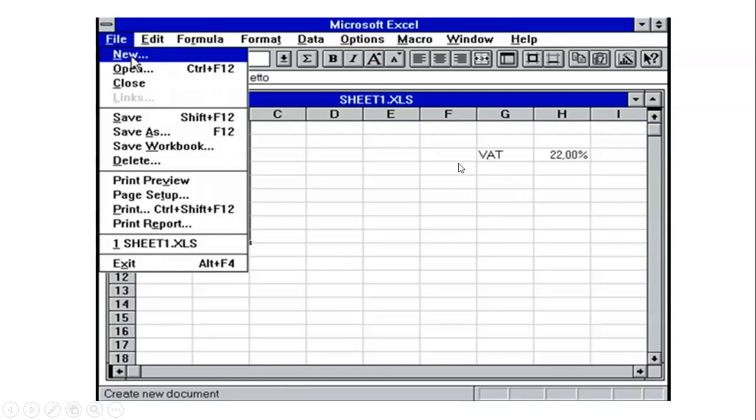Now, one image of a spreadsheet I have shown. Here the spreadsheet has columns and rows, and in this spreadsheet we can work out the percentage of particular numbers. So this is one image of Microsoft Excel. Here you can see at the top Microsoft Excel is written, where in this spreadsheet you can do calculation, determine numbers, and analyze the data, right?